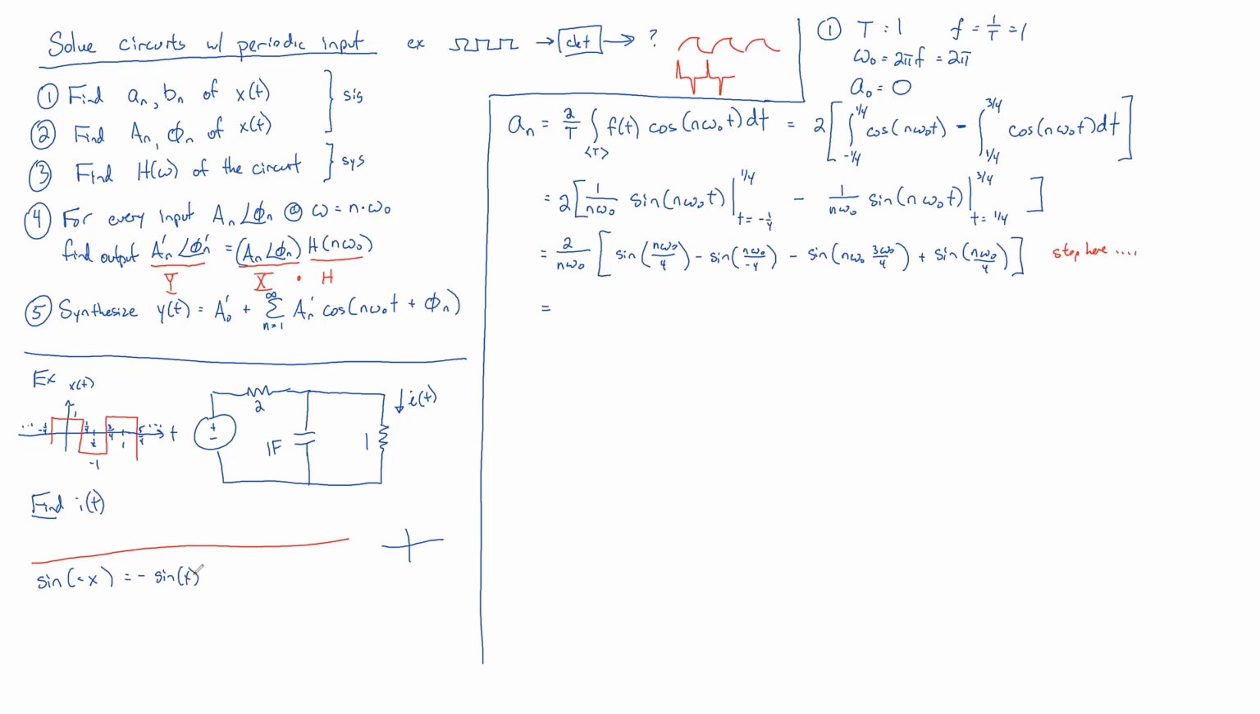So that means we could make this a positive and make this a positive. And now we see, hey, this is the same as this, and this is the same as this. And so now we get 2